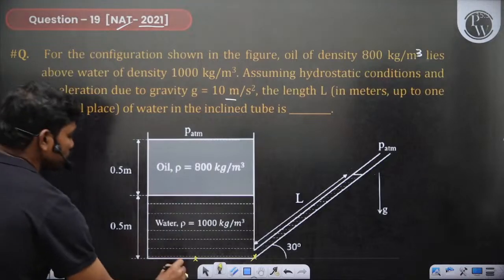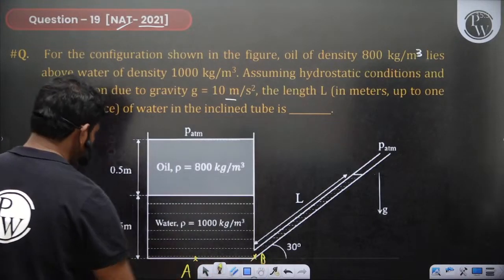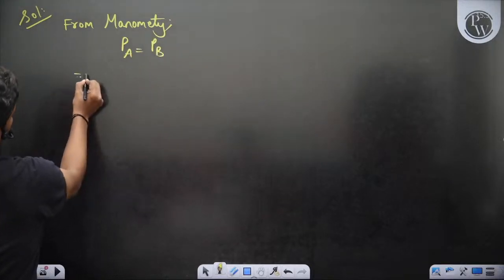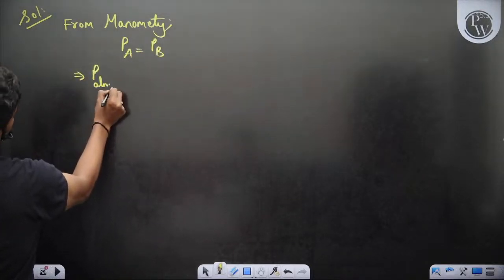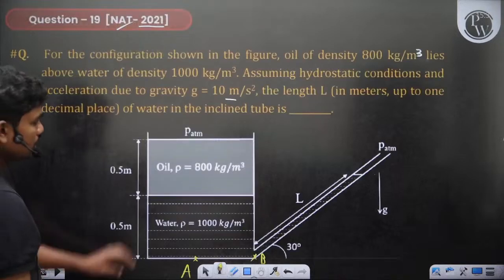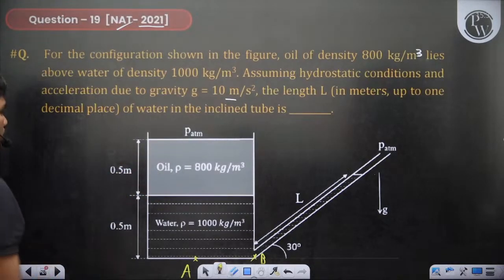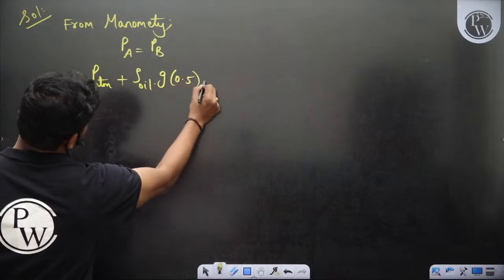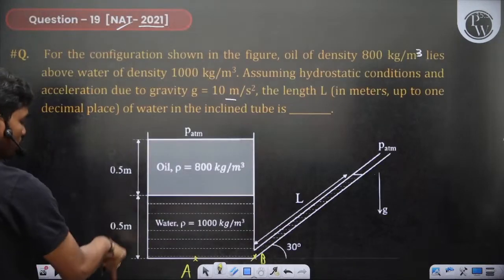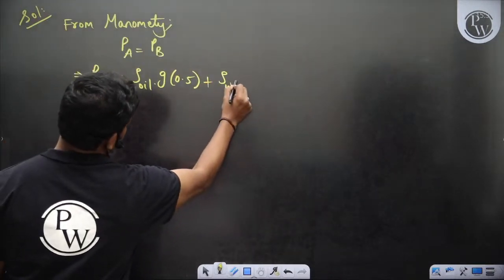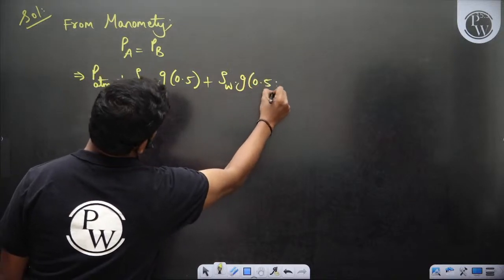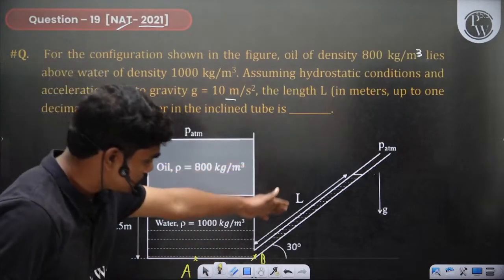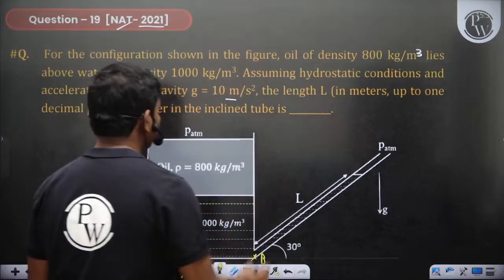So if you call this point A and this point as B, PA should be same as PB. So what is PA? P atmosphere plus this oil column of height 0.5. So density of the oil G into 0.5 plus you also have water column of 0.5 height. So these things is equal to, then definitely the pressure till this point. So PATM